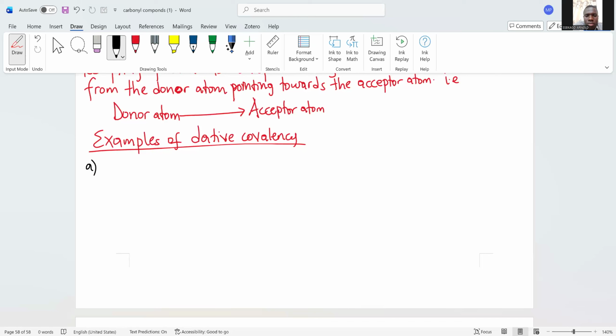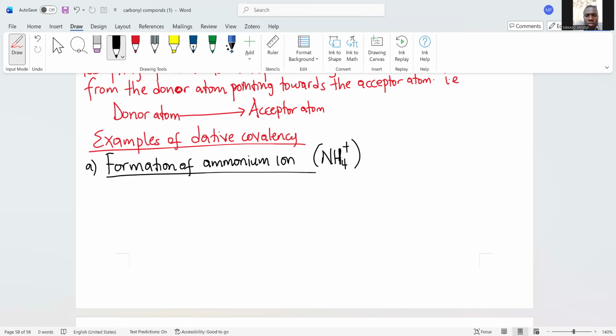So, examples of dative covalence we have. The first one is formation of ammonium ion. Ammonium ion is NH4+. Now, to form the ammonium ion, the good thing is that we have seen